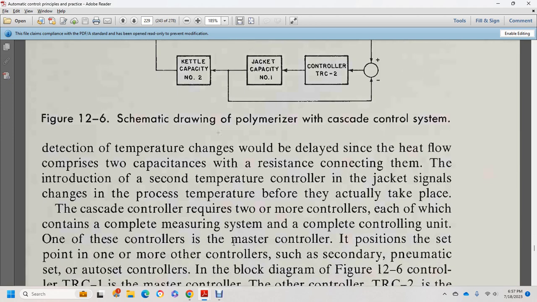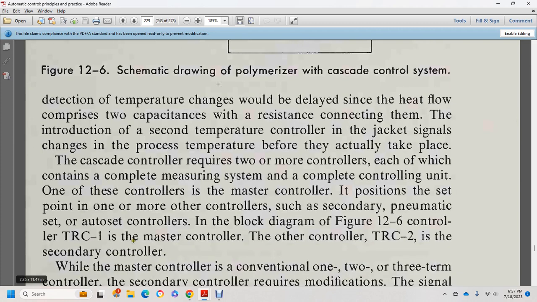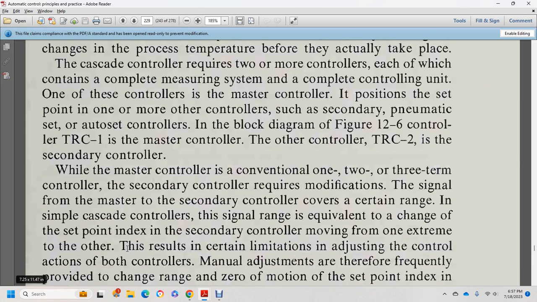The cascade of the controller requires 2 or more controls, each of which contains a complete measuring system, a complete control unit. One of the controls is a master control of the position set point, with one more being the secondary control, as in the block diagram figure 12.6, where temperature recorder 1 is the master control, with another temperature recorder 2 as the secondary control, while the master control of the process